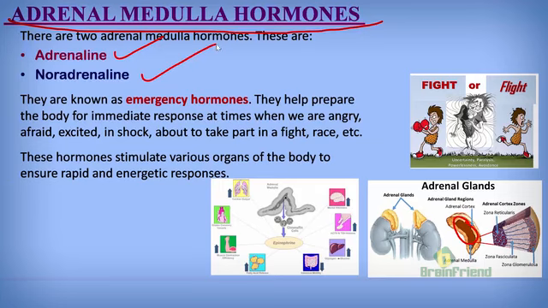Adrenaline and noradrenaline are often regarded as emergency hormones. Remember those times when you were moody, when you were scared, when you were excited, when you were so afraid of something, or any other time where you were pushed to have a fight, a quarrel, you were angry. All of those moments and feelings are regulated by these two hormones, noradrenaline and adrenaline. They are secreted in times of emergency, in times of anger, that outburst of excitement or whatever it is. These hormones come into play.